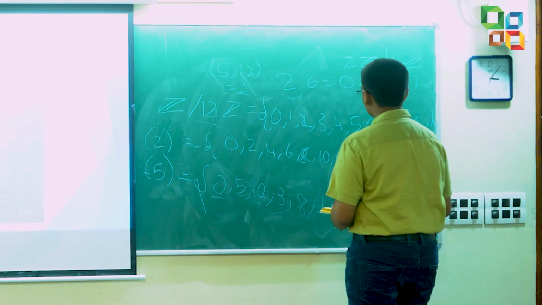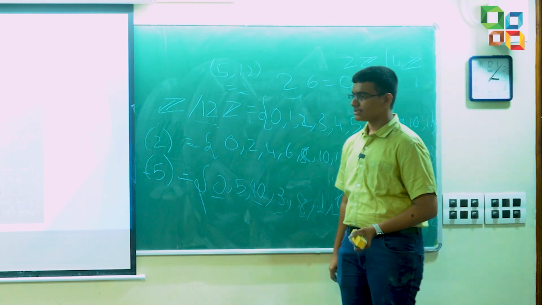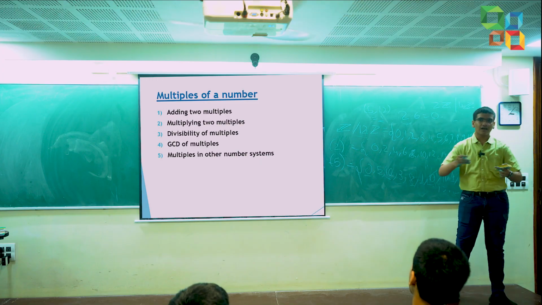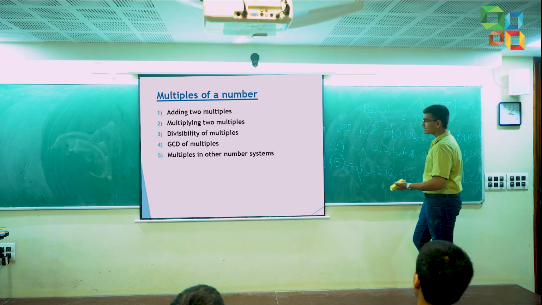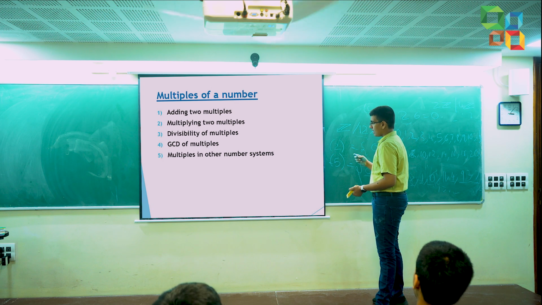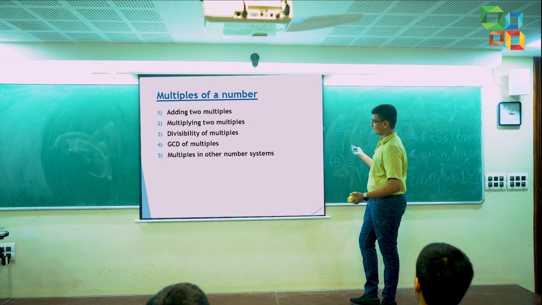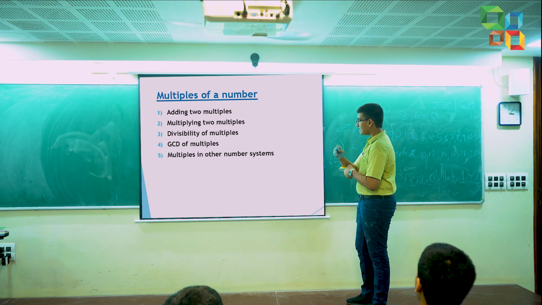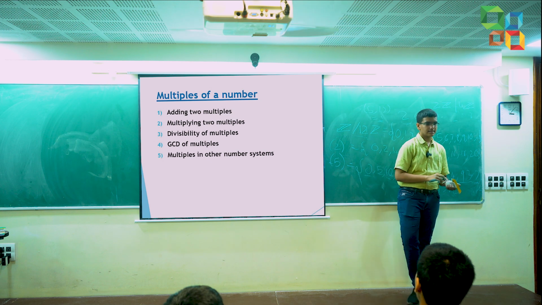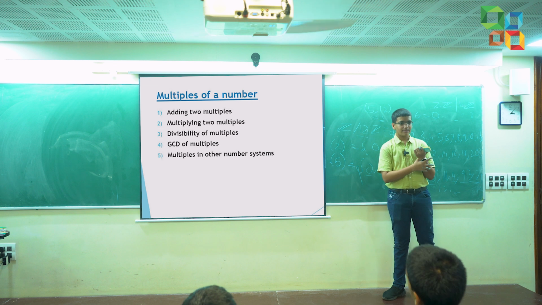Okay, so we saw different properties of these multiples. Then we thought, how do we generalize this idea of multiples? So we defined something called an ideal. You can choose whichever definition you like. Basically, what an ideal is, you can read it. It looks complicated, but